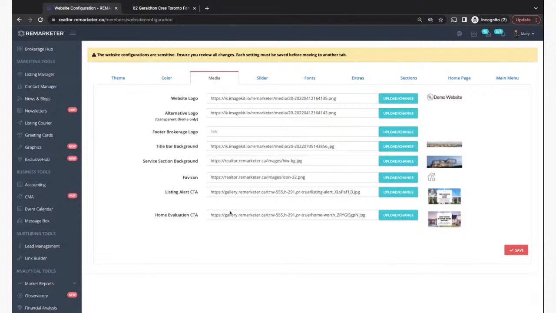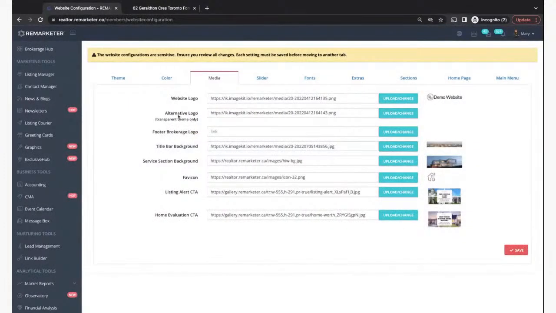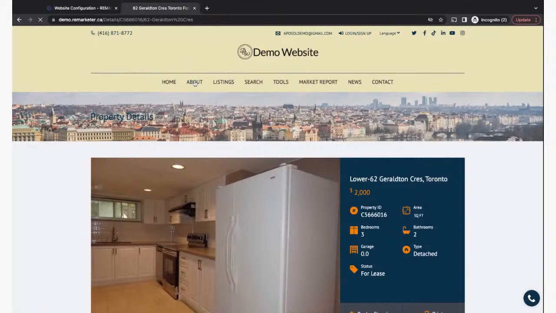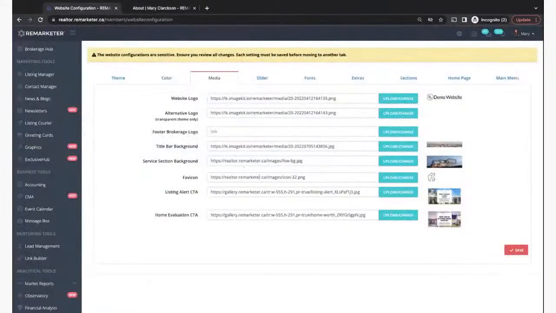We talked about the media, how to add a website logo, which would be this logo at the top right there. What would be the alternative logo? We talked about the footer brokerage logo. We talked about the title bar. So if you remember, we changed the title bar here as well. So this title bar at the top right here, this was changed. We talked about the service background, the favicon, which would be the little icon at the top corner of your